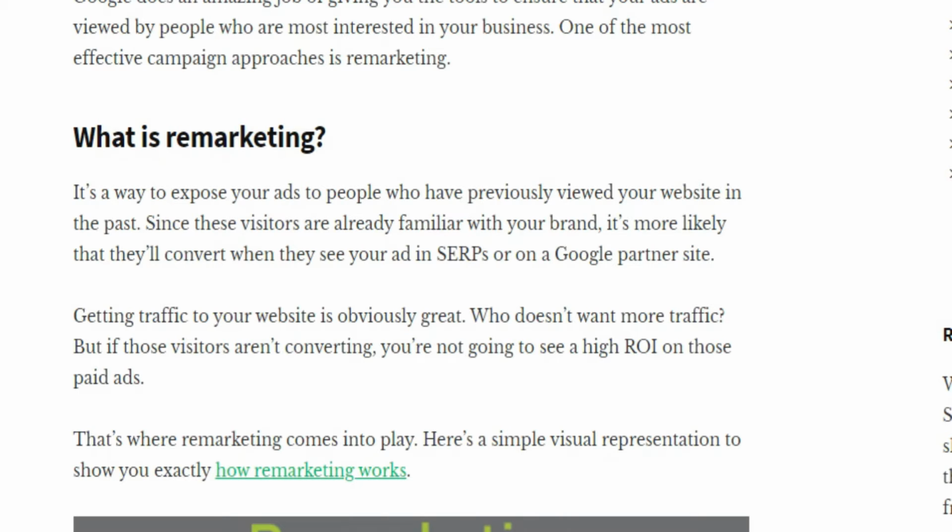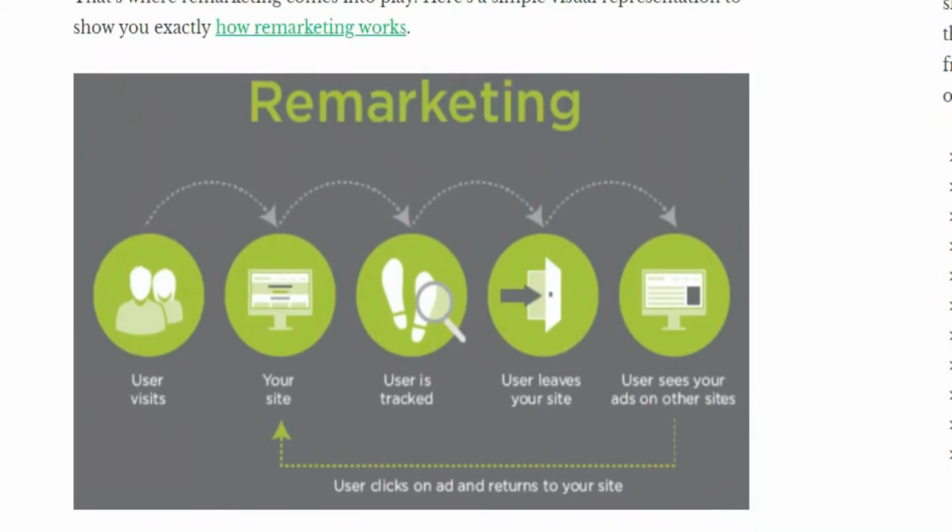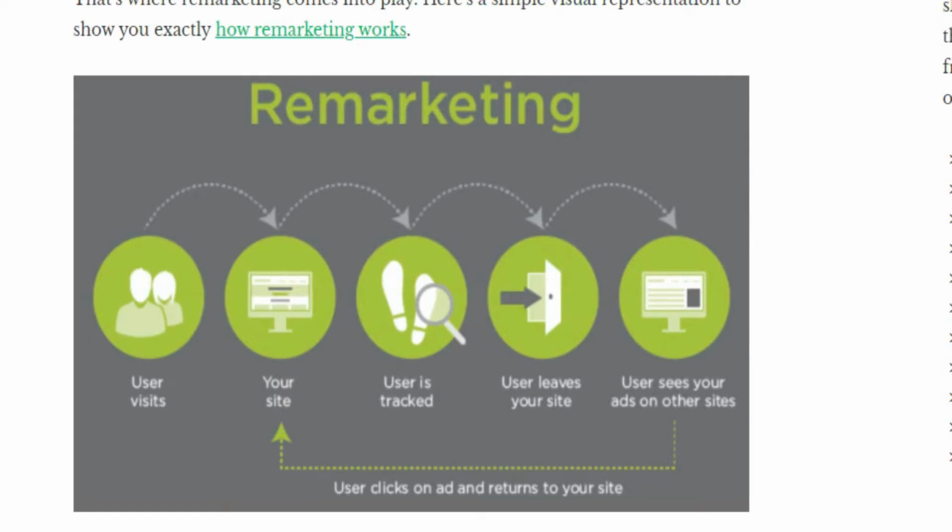There is a simple visual representation to show you exactly how remarketing works. User visits your site, user is tracked, user leaves your site, user sees your ads on other sites, user clicks on the ad and returns to your site.